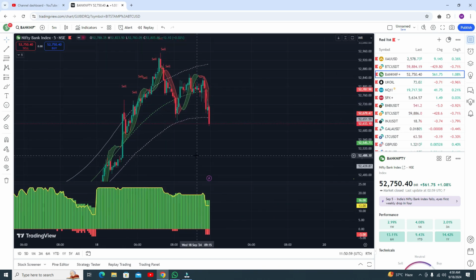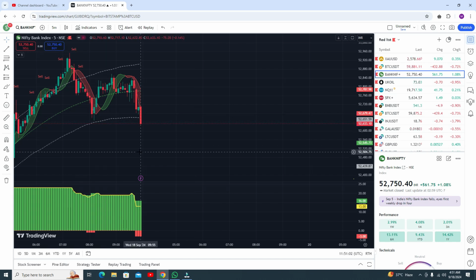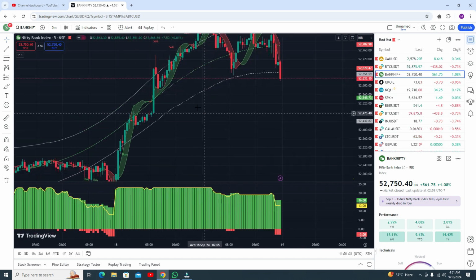And now the Indian market is closed. Otherwise, the RSI, okay, this is the RSI ribbon. When the RSI ribbon comes below the lower band line, you will get the buy signal. And the third condition, the yellow line is almost upside from the upper band line, so definitely you will get the buy entry here. So you can see it's working perfectly on Bank Nifty.